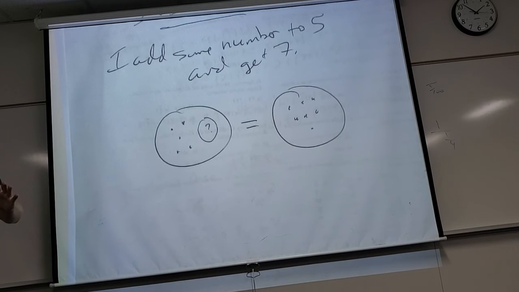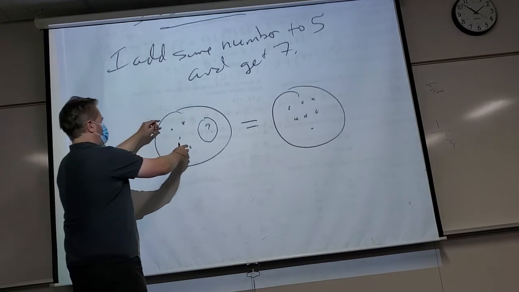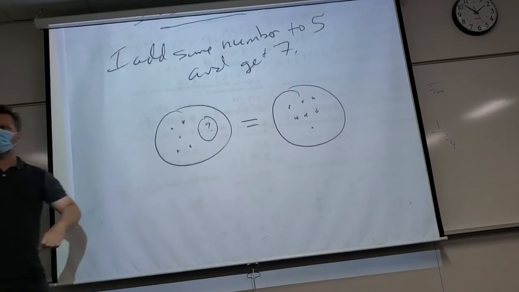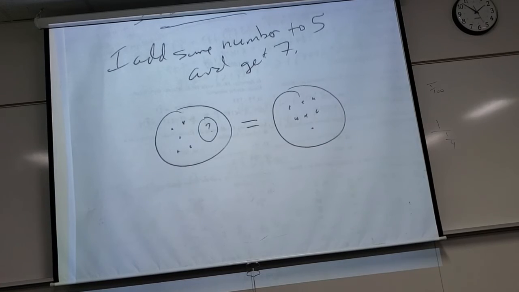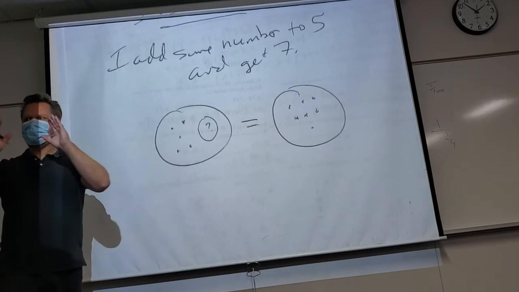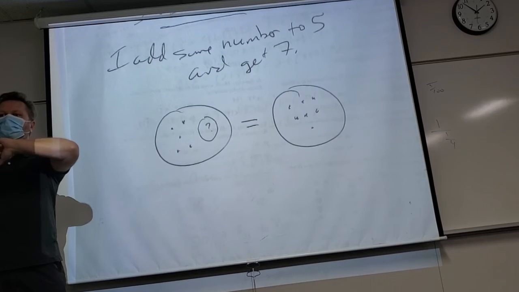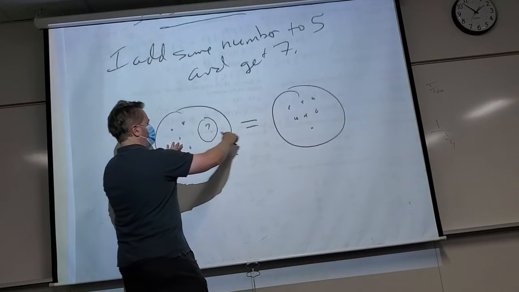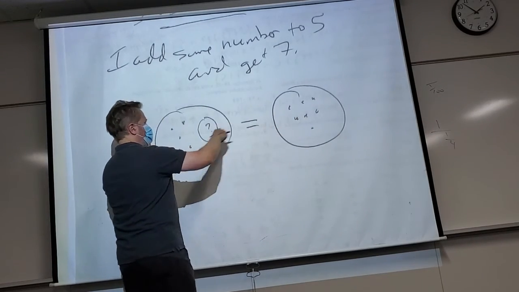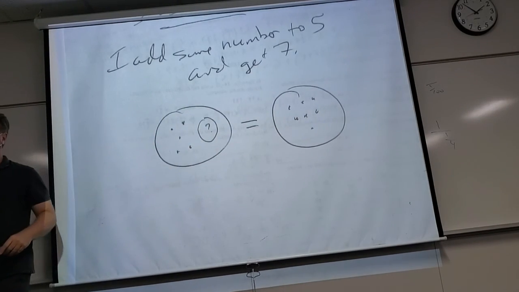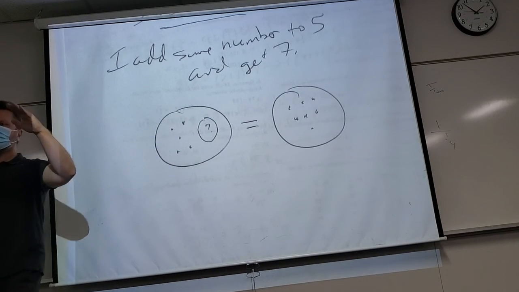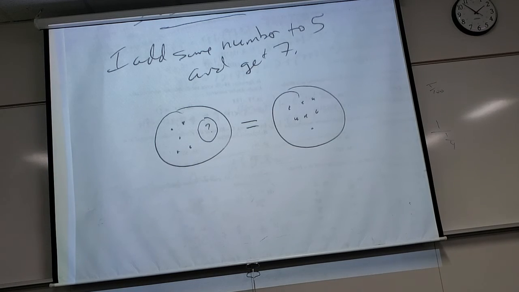So now I'm asking, what 2 sets? This and what other set would I combine to get that? So what can I have them do? Well, all right, so you're thinking ahead to subtraction. I haven't even said the word subtraction to the students yet. Count up from 5 to 7: 6, 7. So I would need to have 2 here. So you can connect the idea of addition to illustrate the idea of subtraction